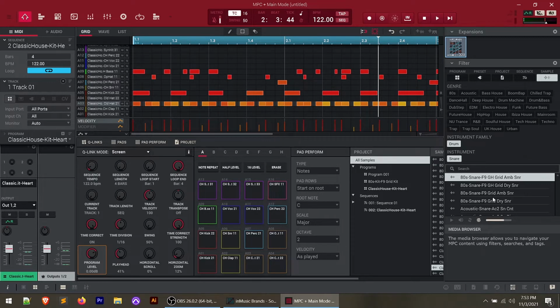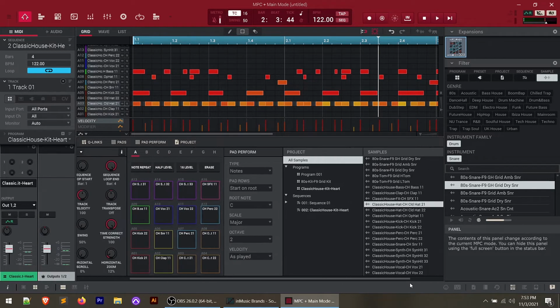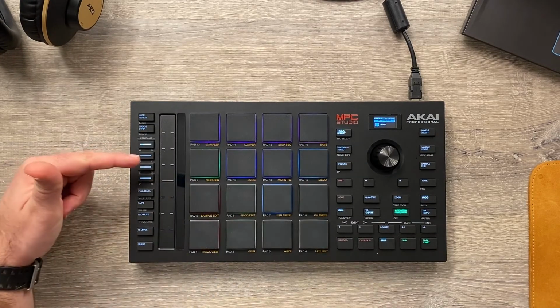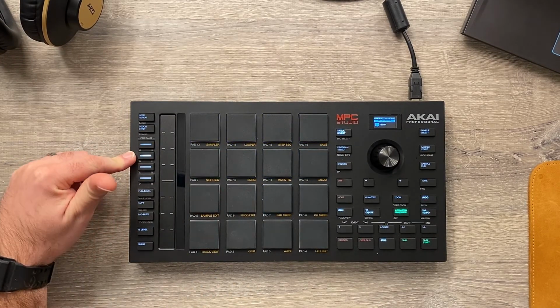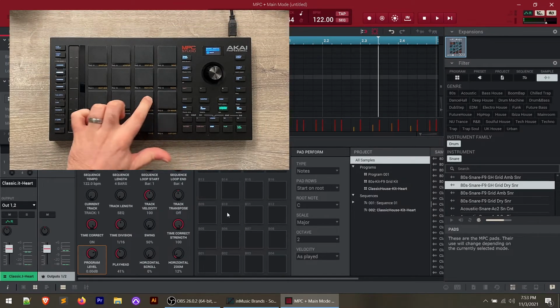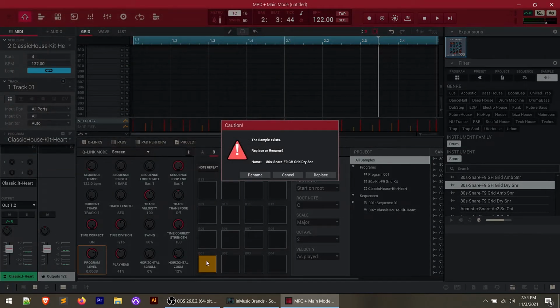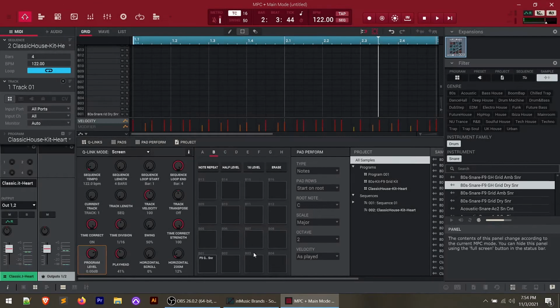So what I can do here now is I can either double click on this and it loads it into my sample bank right here. And then I can also drag that onto any one of my pads here. So let's actually move to B, and we can do that on the controller by just moving to the B button here. And then you'll see that I've got a blank set of pads. And what I can do is drag down that snare sound onto my pad here. And it says the sample exists because I already added it to my sample list. I can either cancel or replace this. I'm just going to replace it. And now when I play this,